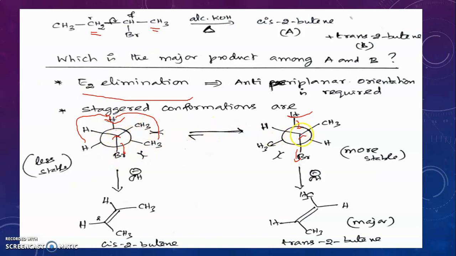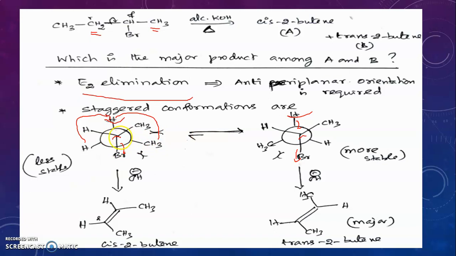What about this conformation? See, in this conformation, the two methyl groups are opposite. So, methyl-methyl interaction is absent, whereas we have methyl-bromine gauche interaction. If you compare these two, here the interaction is less. Therefore, this is the most stable conformation for the compound. Therefore, what happens is, in the reaction mixture, almost above 99% of the molecules exist in this form. Only 1% or 2% will exist in this form.